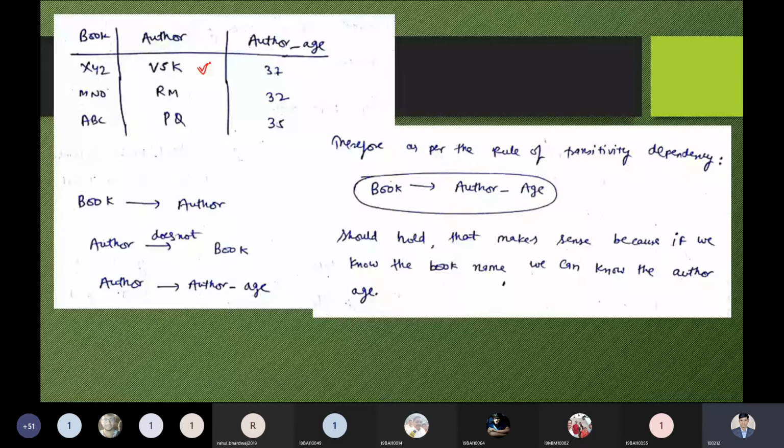This is our relation that is known as the book. So author depends on the book. This is the one dependency we have. It clearly shows which author has written the book, so we have the title, that is XYZ. But the reverse part is not possible: the book does not depend on the author. A book can be written by any author. This is not a constraint we have. Python is a programming language, database is a conceptual subject; all these concepts can be taught by any faculty or written by any person.